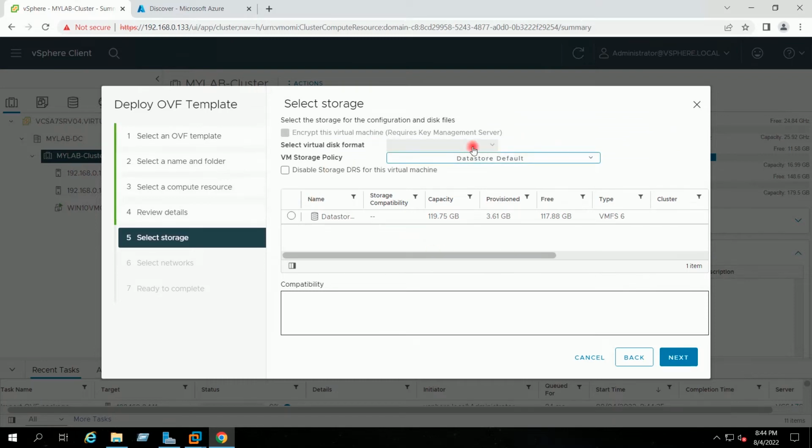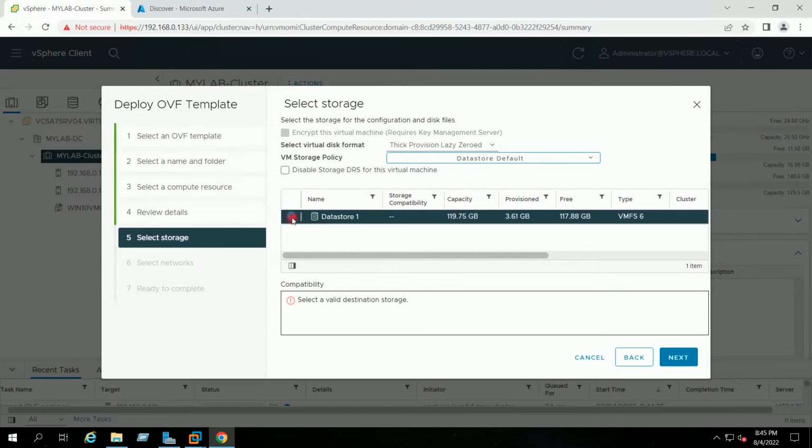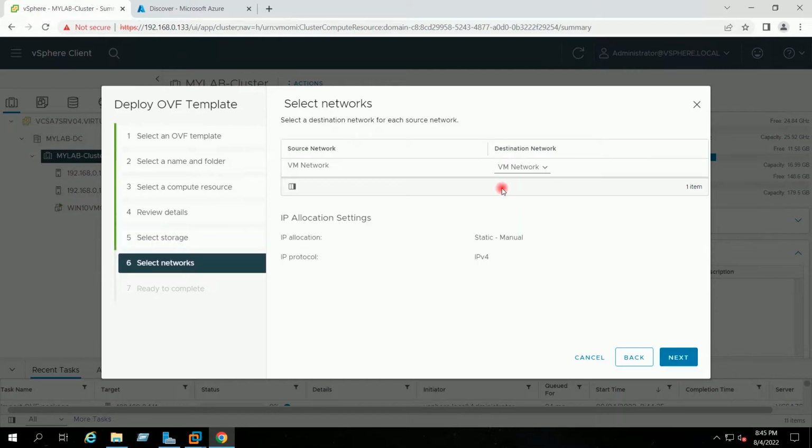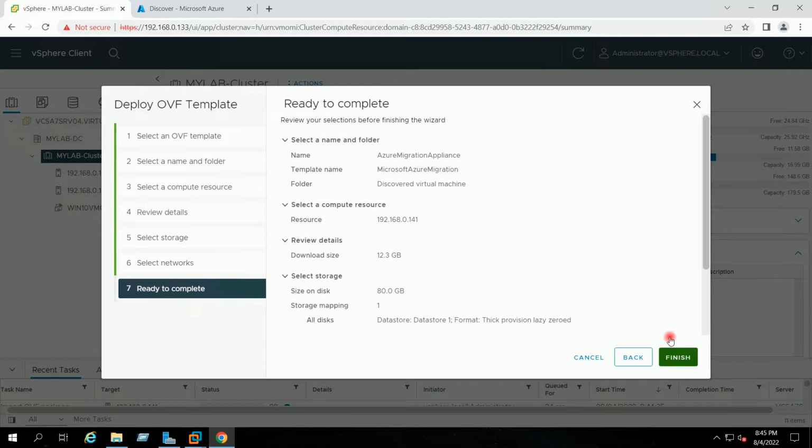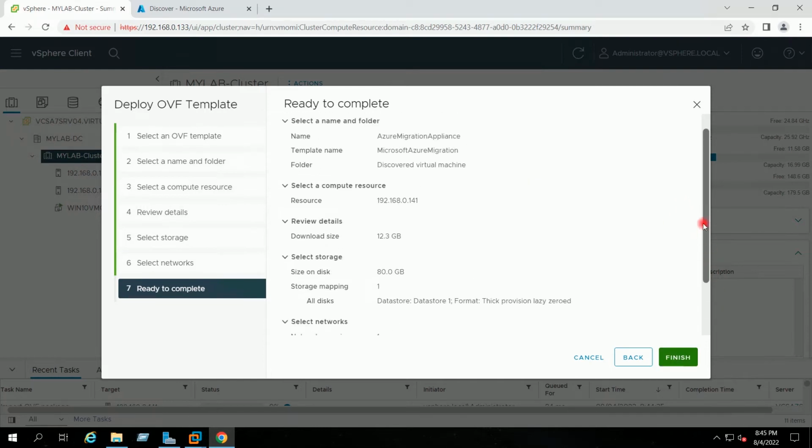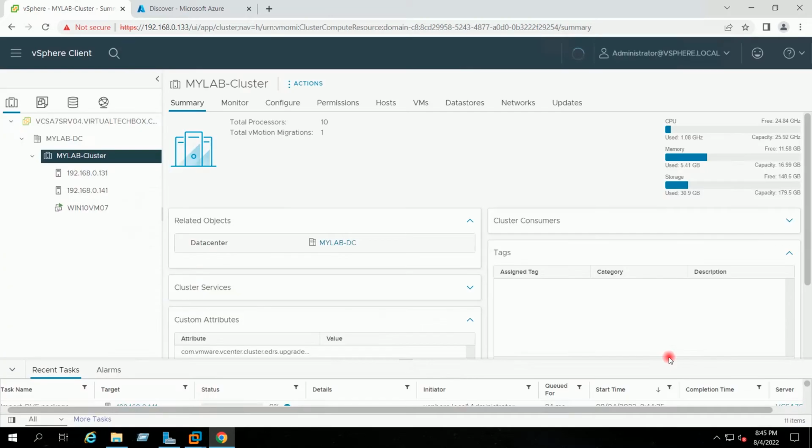here in the disk format, in the drop down, I will select thin provision and I will select the data store 1, which is mapped to my second ESXi host, and it is the local data store. Next, VM network. Next, finish, which will start importing the OVF template of the appliance.